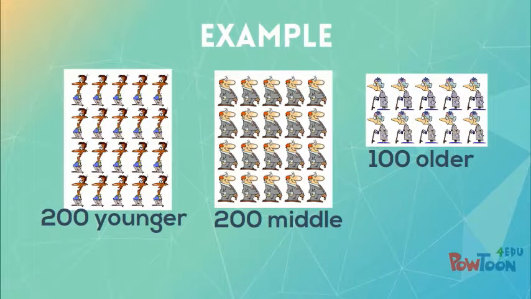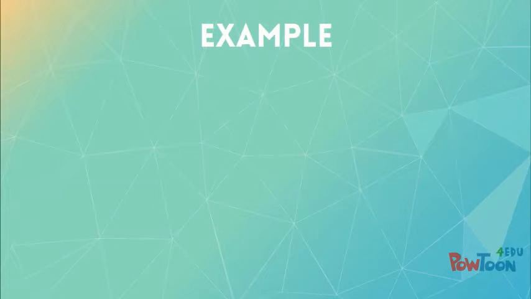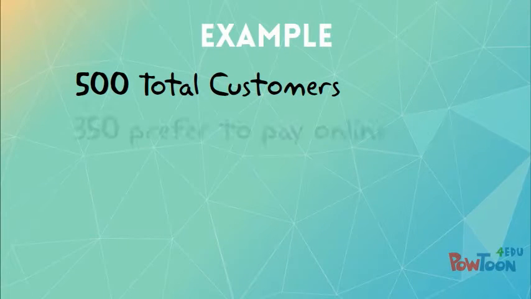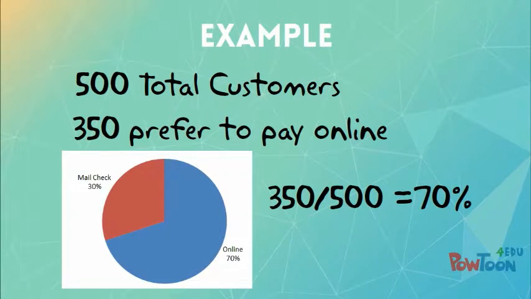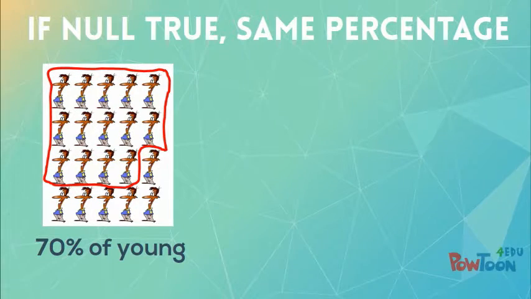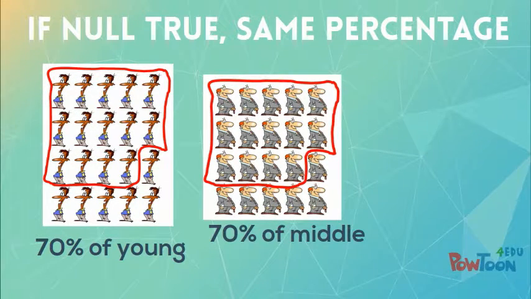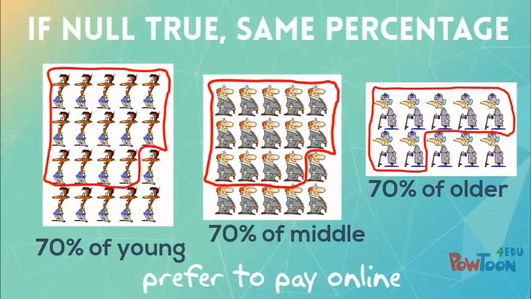If preference really is independent of age, that is, the null is true, then we would expect that the same percentage of people in each age group would prefer to pay bills online. For example, if the overall sample of 500 customers yielded 350, or 70%, of people who preferred to pay online, then if bill pay preference is independent of age group, we would expect 70% of people in the young age group, 70% of people in the middle age group, and 70% of people in the older age group to prefer